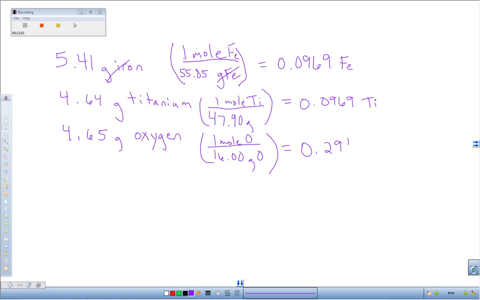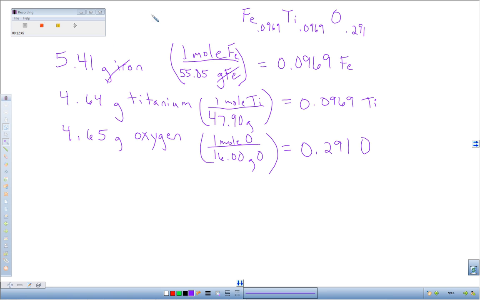Okay. What is this stuff? Oxygen? We could write a formula. You want to see what this formula would look like? Let's write it. Fe 0.0969, titanium 0.0969, and oxygen 0.291. What? That doesn't look like any formula I've ever seen. Is it accurate? Sure. Is it easy to write? No. People like formulas to be in